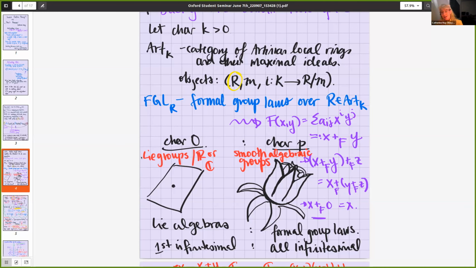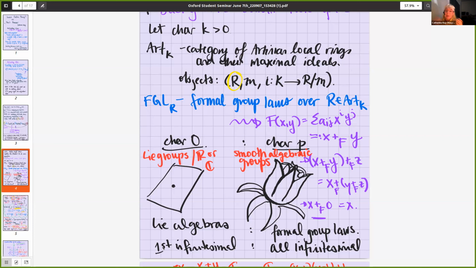So it's the completion of the identity section of the smooth algebraic group. Instead of just looking at, as I say here, the first infinitesimal information, the tangent space of the Taylor series expansion, you take the entire formal group, the entire formal power series, the entire Taylor series expansion. One way you can think about that is if you're trying to understand anything which has x to the p in it, in characteristic p, when you take the first derivative, it becomes p times x to the p minus 1, and it becomes 0.